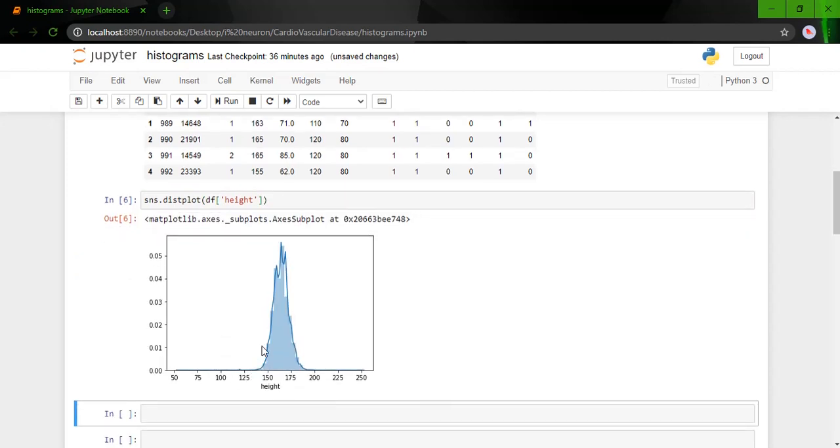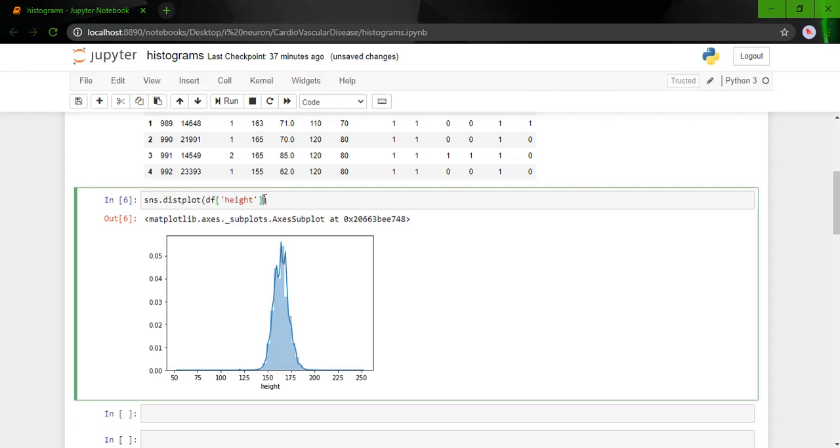Now you must be thinking what this line curve is. This is actually the KDE, or the kernel density estimation. It is used to estimate the probability density function, which is a more statistical concept, but we can get into it afterwards. But it is going to help you determine whether your data is normally distributed or not. The shape of this curve helps you determine what kind of data you have. Is it normally distributed or not?